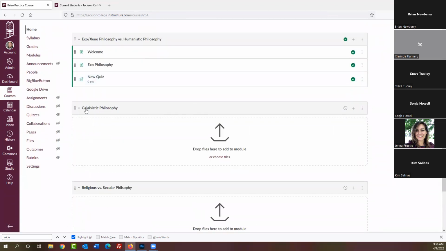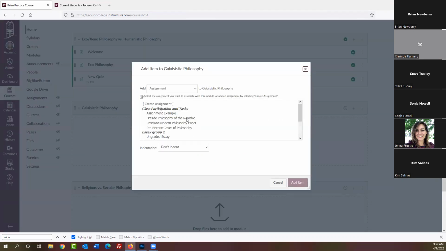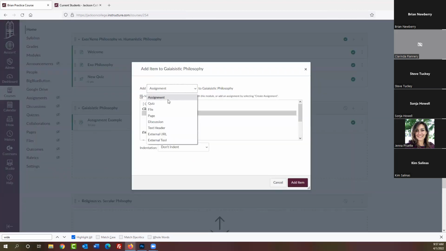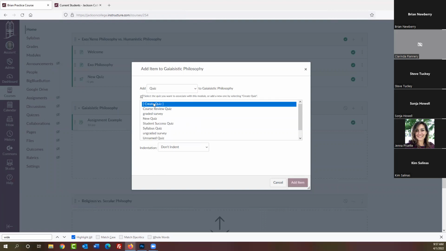Last thing I want to do is show you, here is an unpublished module. See how the check mark isn't there? It's not published. That means it's hidden from students, and there's nothing in here. If I want to, I can click on this plus sign, and I can click on an assignment, add it to that module, as simple as that. I can also create an assignment or any other thing, for example, a quiz, choose one, or create one on the fly. Give it a name,